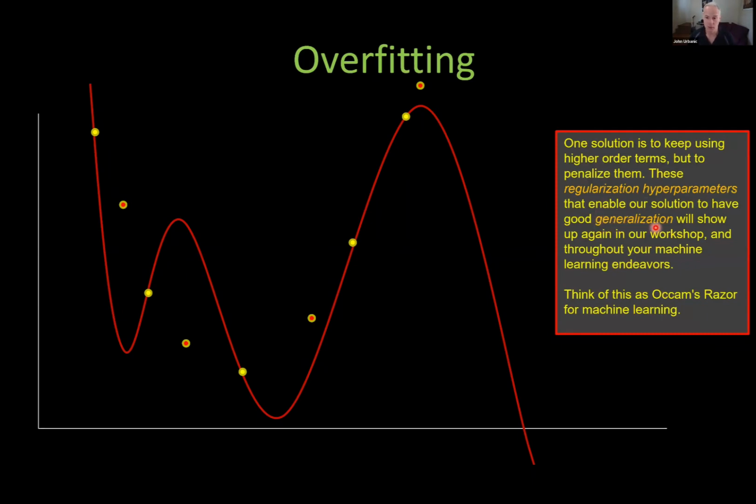This is another term that you'll hear an awful lot in machine learning. It means basically after you're done training and you go expose this to the real world, to new data, is it going to fit that new data? This model won't generalize well with this higher order curve, right? When the new data comes along, it's not going to fit. Our previous curve, simpler, even though it had more error, is going to generalize better. So even though it had more error, it generalizes better. This one has lower error, but generalizes in a worse way.